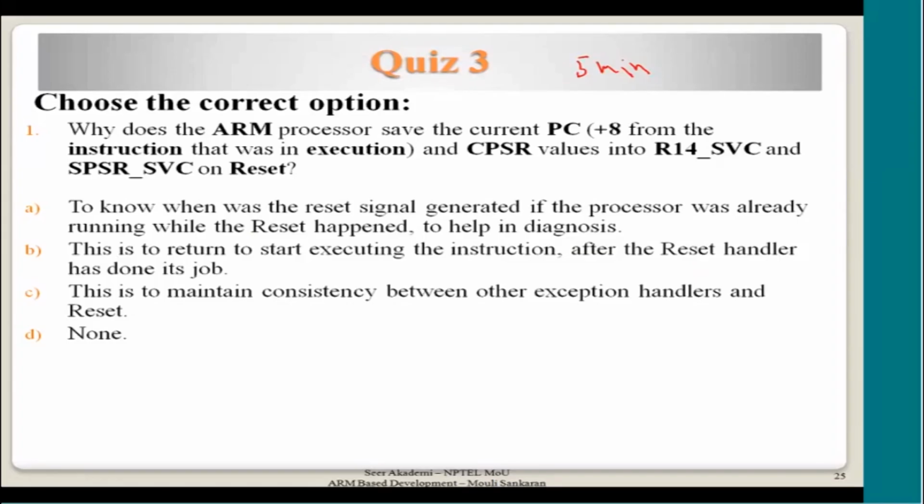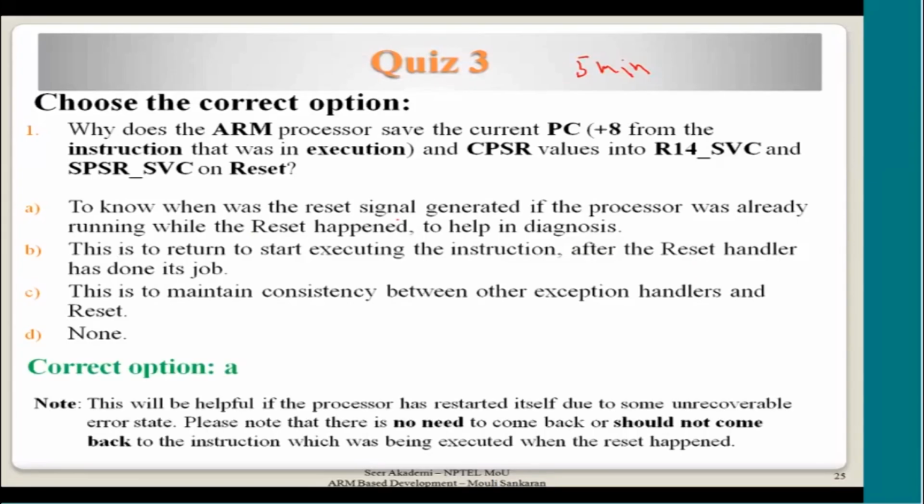Welcome back. Now this also, the option is A. Why? When the reset signal is generated, maybe for diagnostic purposes you want to know in the handler when the reset happened. Maybe if it is a power on, it is coming up for the first time, it may not make sense. But if you can sense that the reset has happened not because of power on,